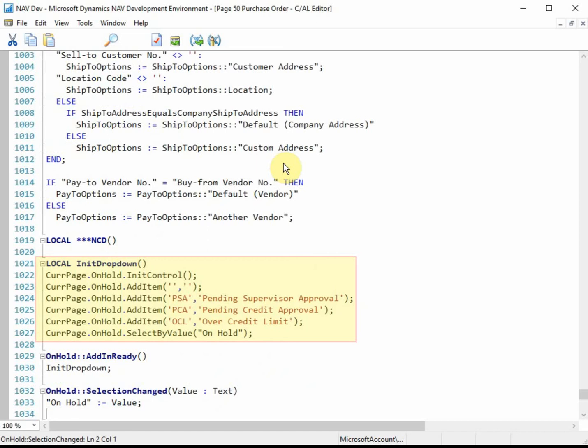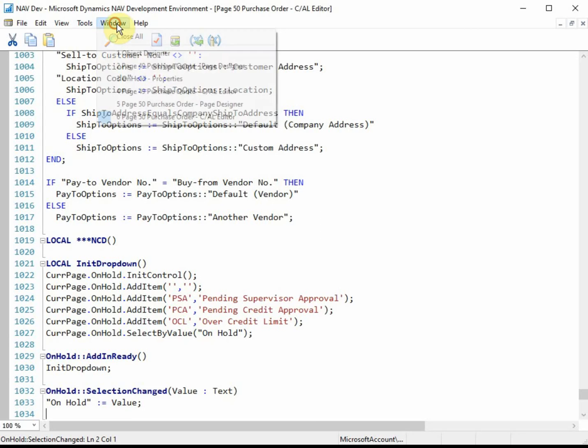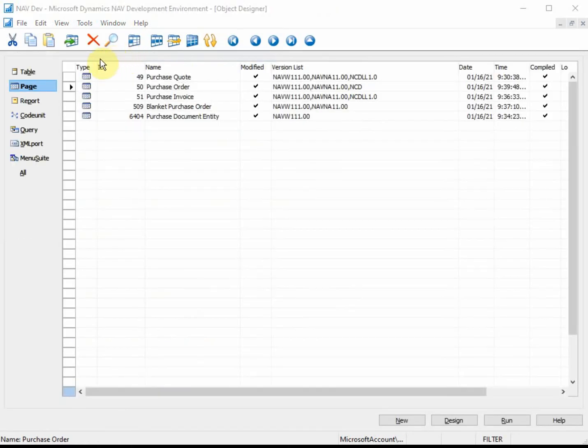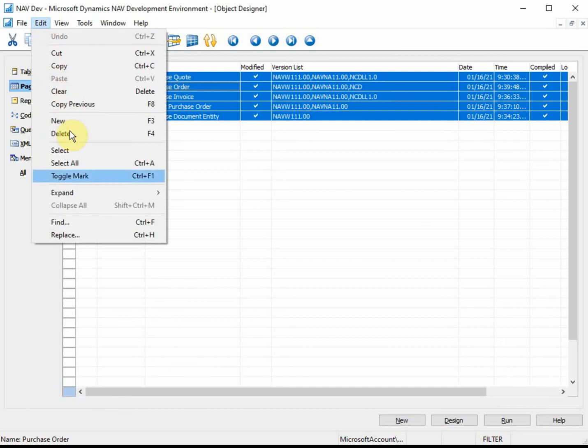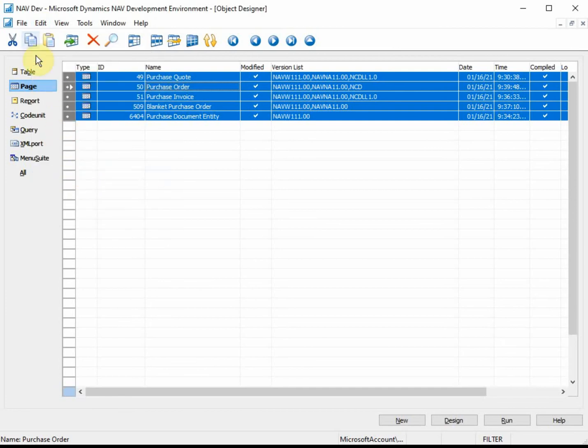Tony can just easily copy the init drop-down function and paste it on every page, but he's not going to do that. Instead, he's going to consolidate that into a reusable code unit, which is something that was pre-made for this presentation.